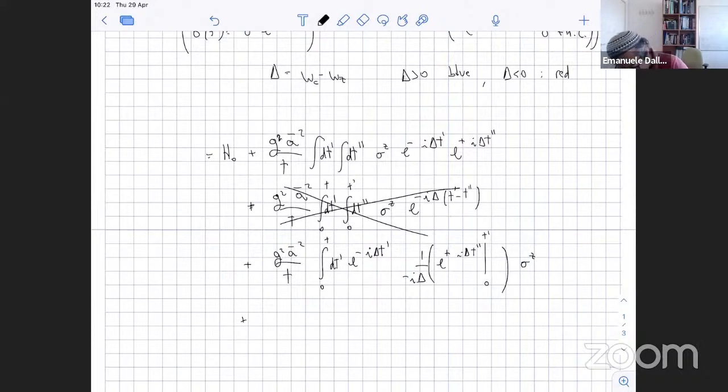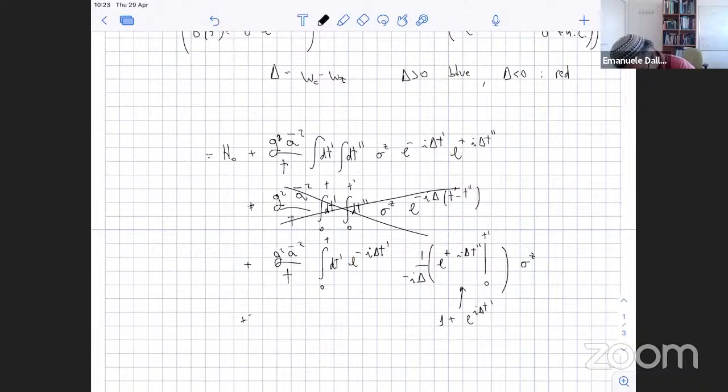So this term will give us two terms. They give us 1 plus e to the I delta t prime prime. Now, when I perform the integral over t prime, this one will fall off because of this rotating term. So we are left only with the term, no, this is e to the I t prime. Okay, so there is a term that exactly cancels out. You know, this e to the delta t prime exactly cancels the e to the minus the delta t prime,